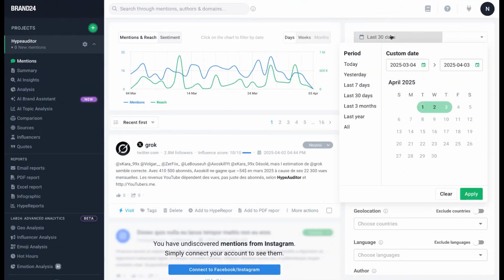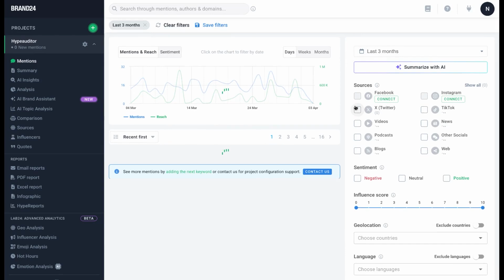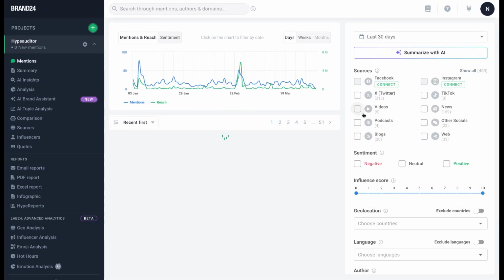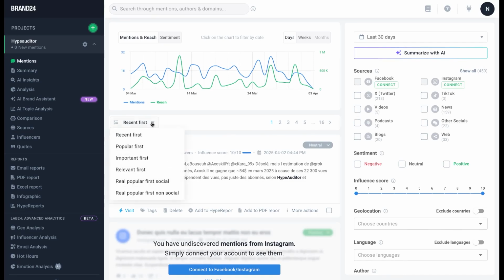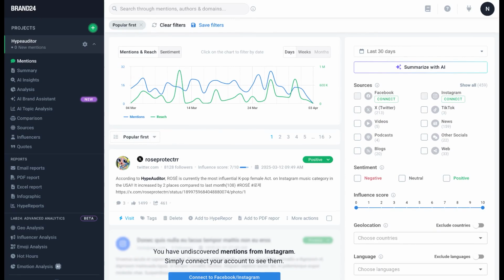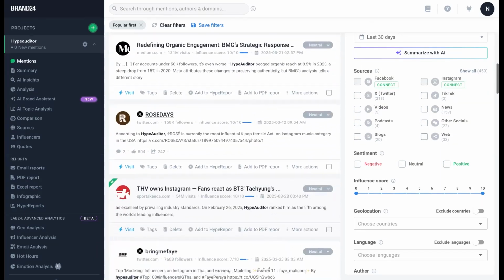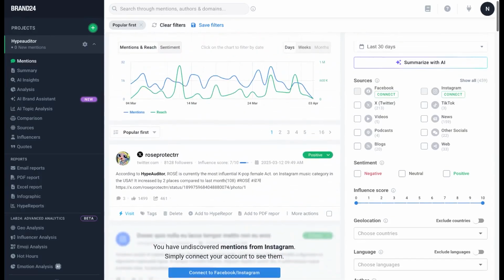As I said, I do PR at HypeAuditor, and one of my monthly KPIs is to receive a certain amount of mentions in top-tier media. Brand24 helps me to see how we go, because it has an option to sort media mentions not only by timeline but also by their influence and reach. So it's easy for me to see how many top-tier mentions I have so far during the month.